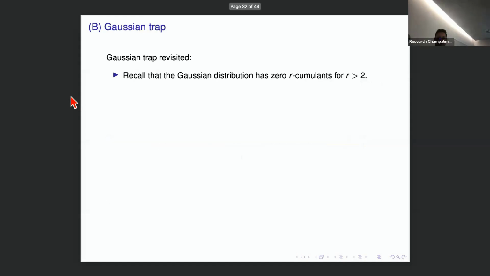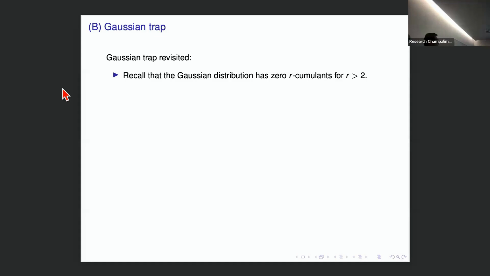Okay, so that's the first theorem. Now let's tackle the second theorem, which is going to tell us that ZeNNs avoid the Gaussian trap. Let me revisit the Gaussian trap from a slightly different angle that will be more convenient for understanding the statement